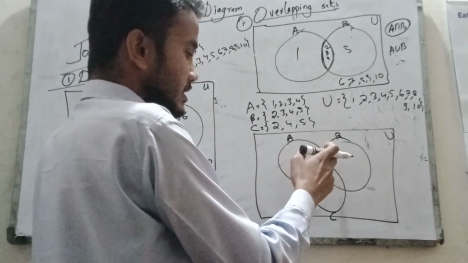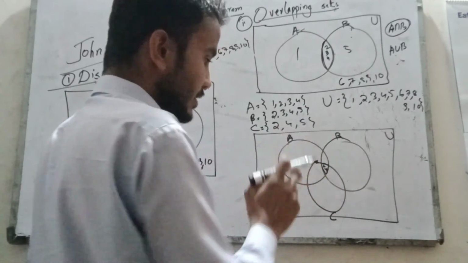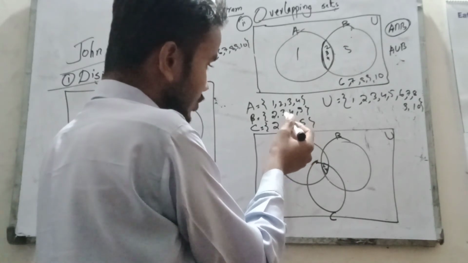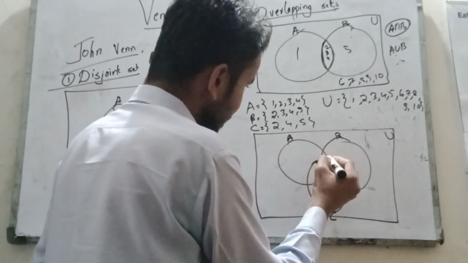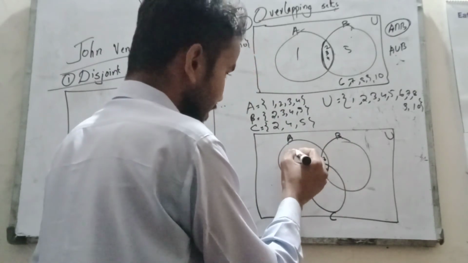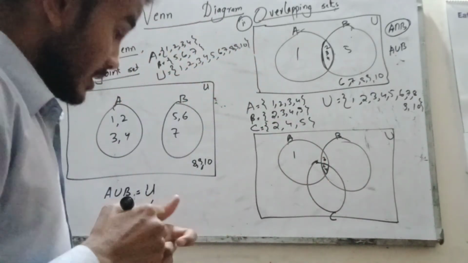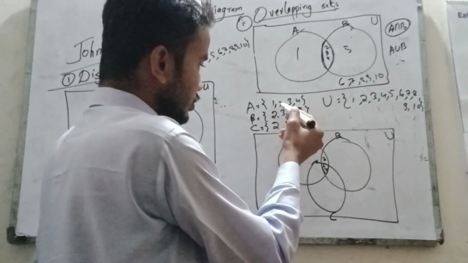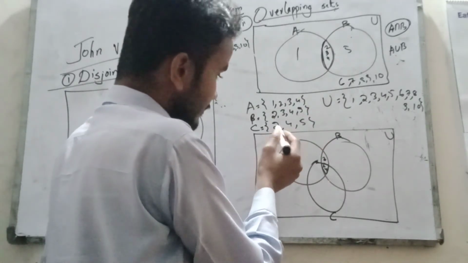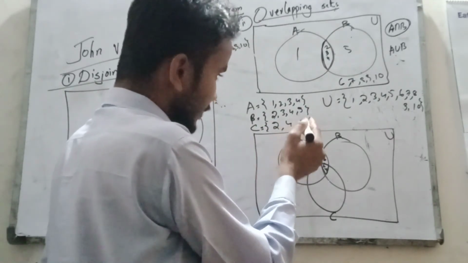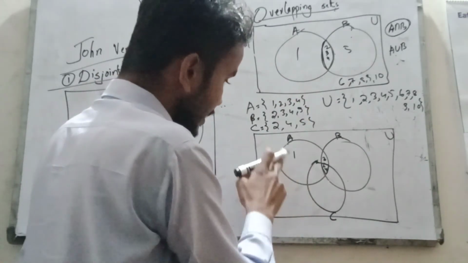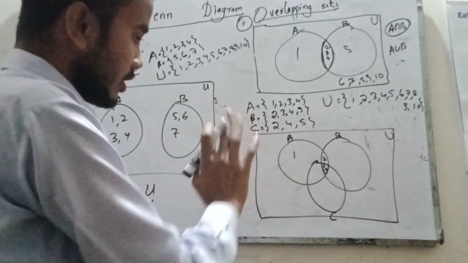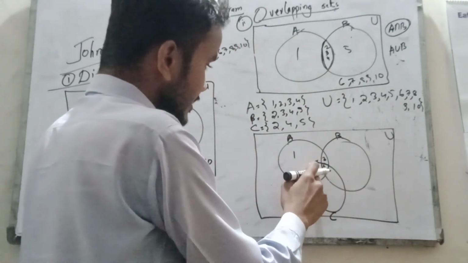Now see which are common in just A and B, because 2 and 4 we have already written. A and B, other than 2 and 4 there is 3. So we write here 3. Just what is remaining? 1. Now see the common elements in A and C. A is 1 2 3 4, and what is C? 2 4 5. So there is nothing common in A and C, since 2 and 4 are already written for the three sets' common part. So we don't write anything here. Just what is the remaining?